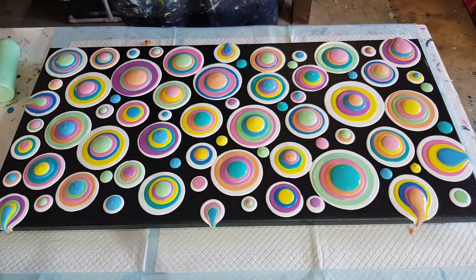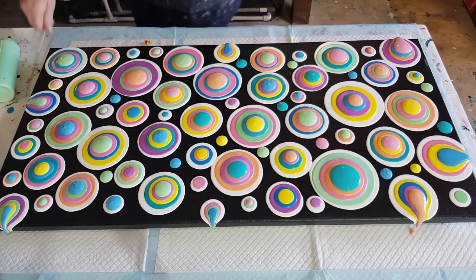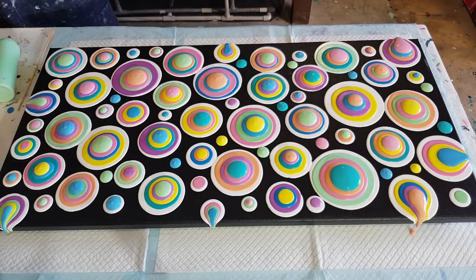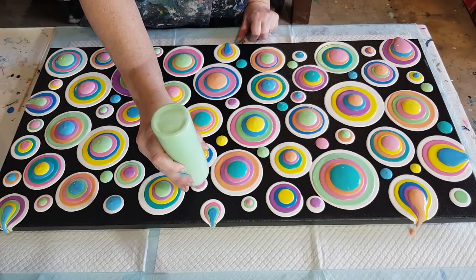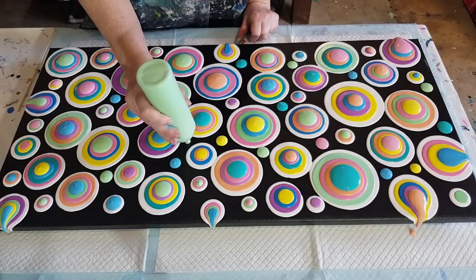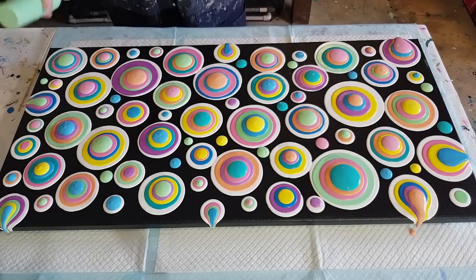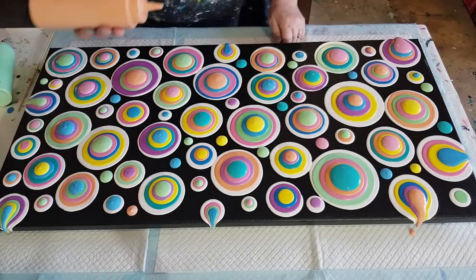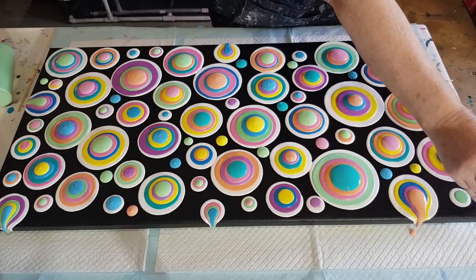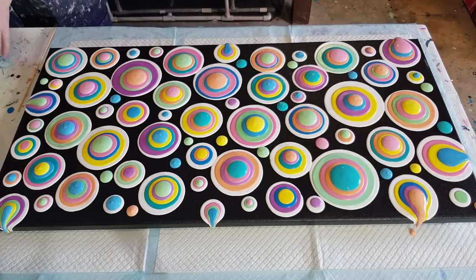So you guys tell me, what do you think about these extra little blobs of colour? Are they okay, or have I kind of ruined it now? It's done now, so I can't take it back, but still be nice to know for future reference what you guys think of just those extra little blobs of colour here and there. I don't want to do too many. You know, I do want some negative space, but